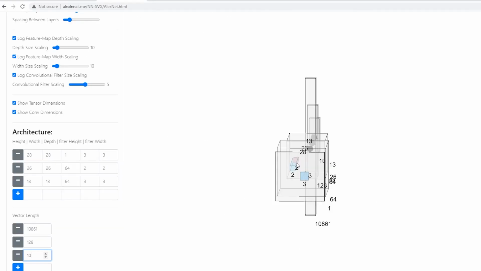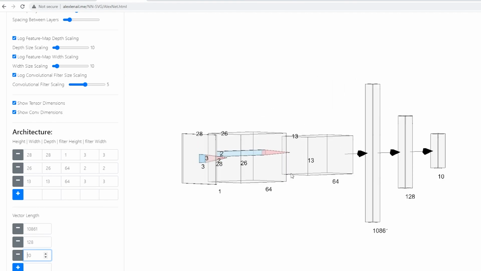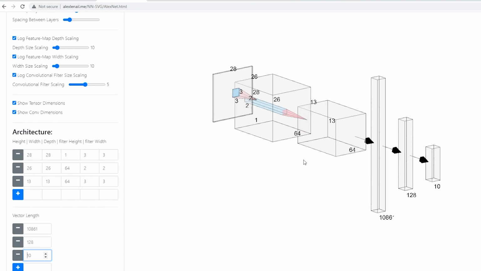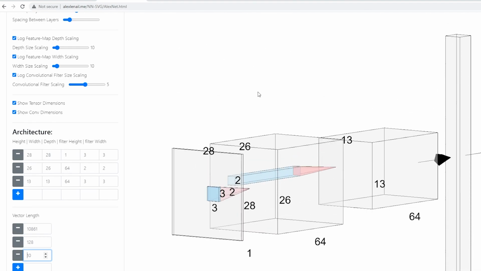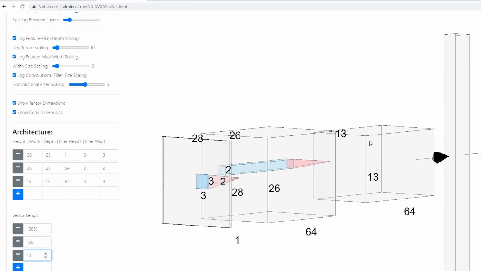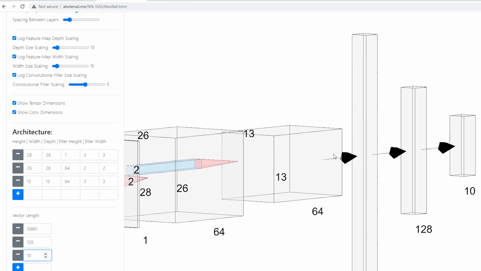Similarly, the animation that you are seeing is from NN-SVG. That is a great example, and you can also try it. NN-SVG is the name of the website. You can just Google NN-SVG and you can have it. You can make a great deal of animations over there.